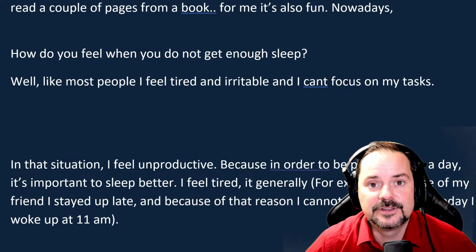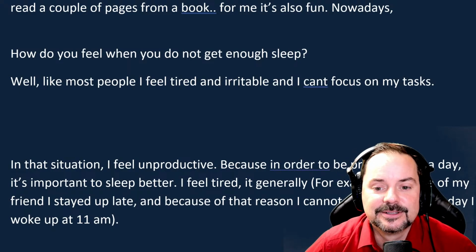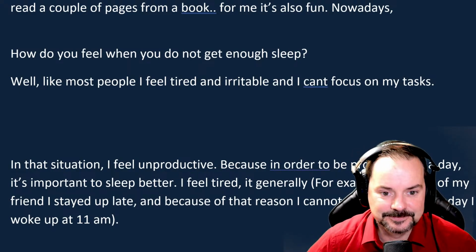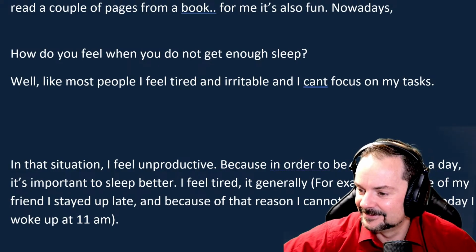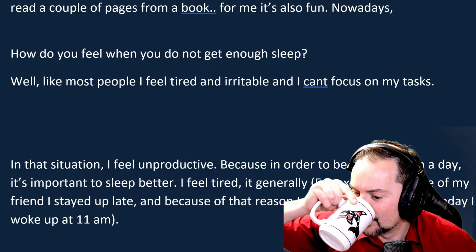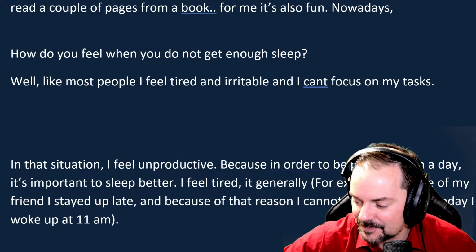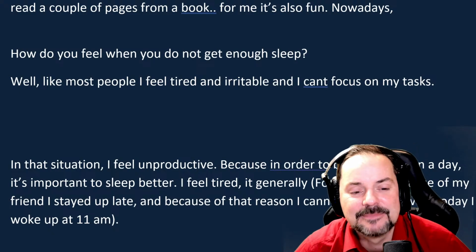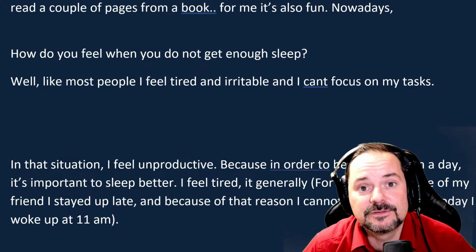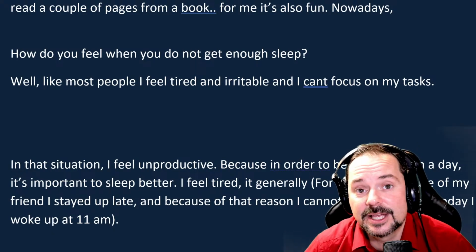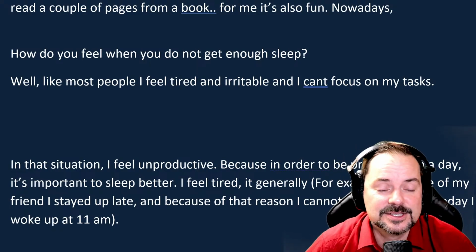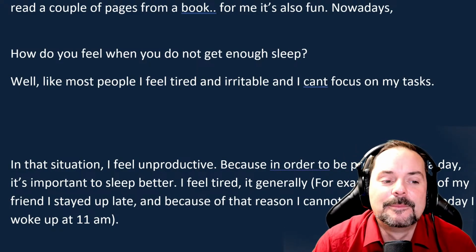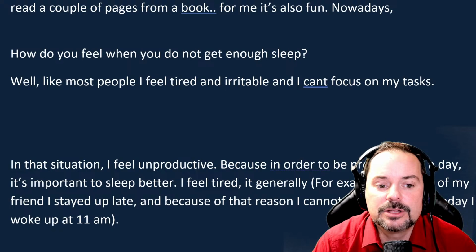Okay, it's called fidgeting. Actually, when I'm nervous, I don't do this. I just hold my hands crossed very tightly. Yeah, that's a defensive pose. Yeah. So a lot of students fidget, and it is a good idea to try to control that in situations for sure. But anyway, back to this question: how do you feel when you do not get enough sleep?